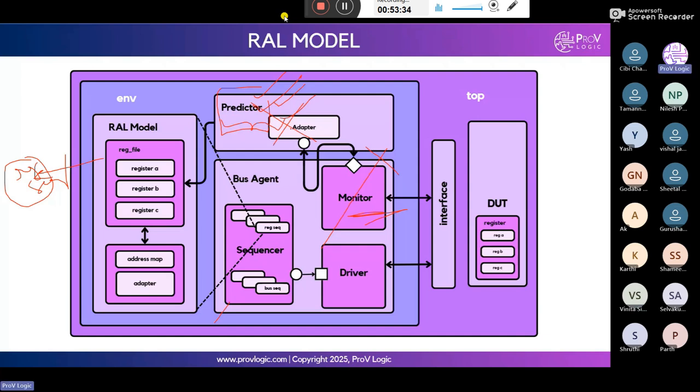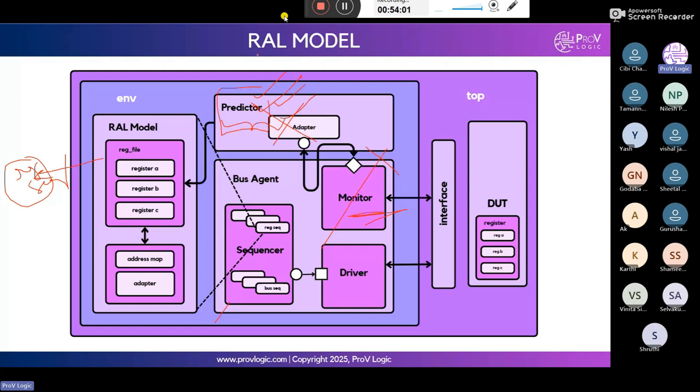And also we have passive prediction. Passive prediction means we integrate the register model with the bus monitor only if it is required, because the register model will not integrate with the bus sequencer here. So it cannot be used to write and read the registers and memory to the DUT. That's why, to verify the current value whenever it is required, only then do we use passive prediction.